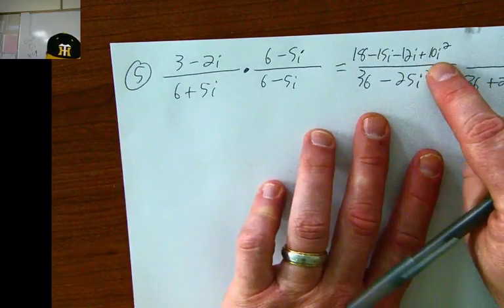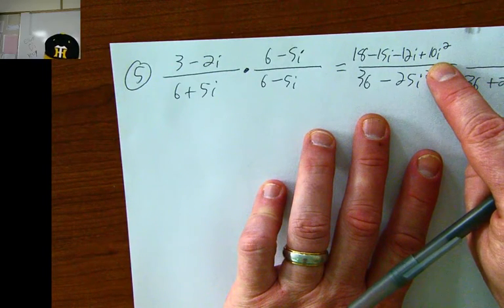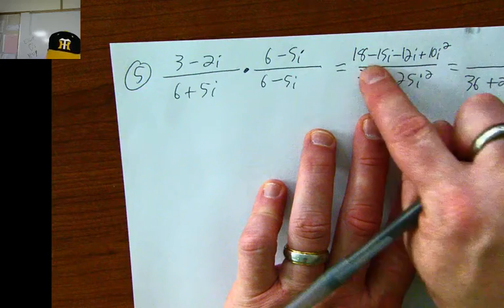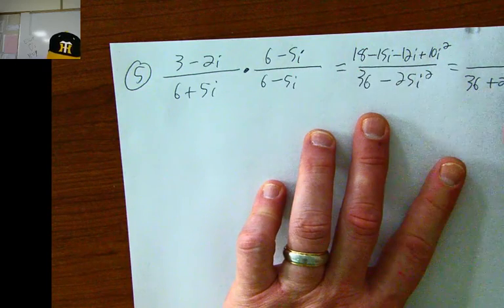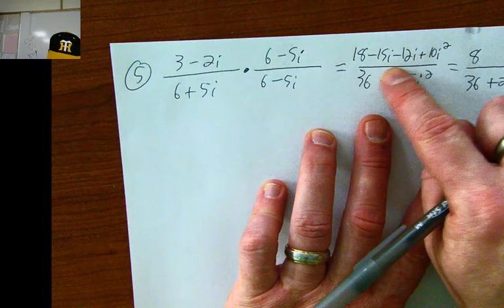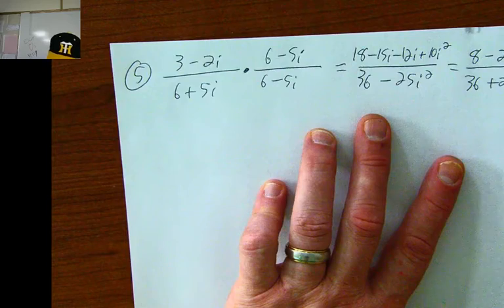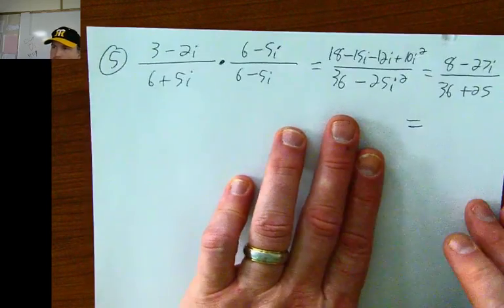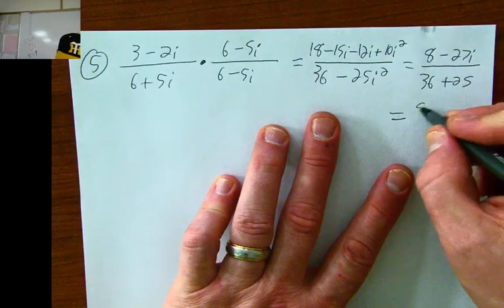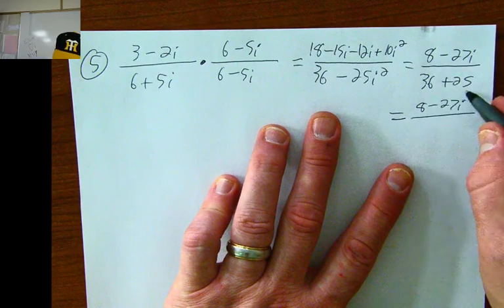The positive 10i squared becomes negative 10. The negative 10, when I add it up to that 18, becomes 8. Negative 15i minus 12i is minus 27i. So on my next step, oops, sorry about that, I have 8 minus 27i all over 36 plus 25, which